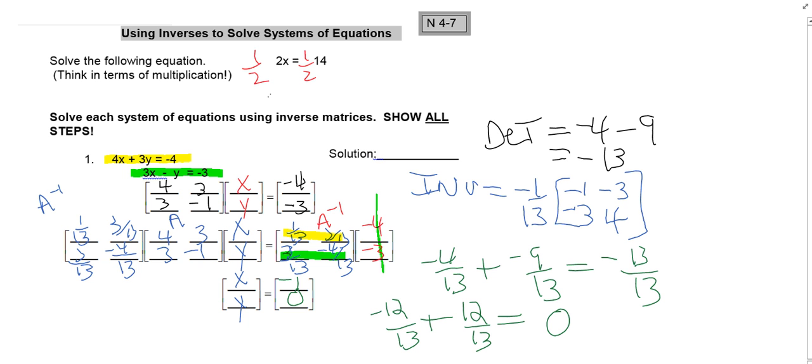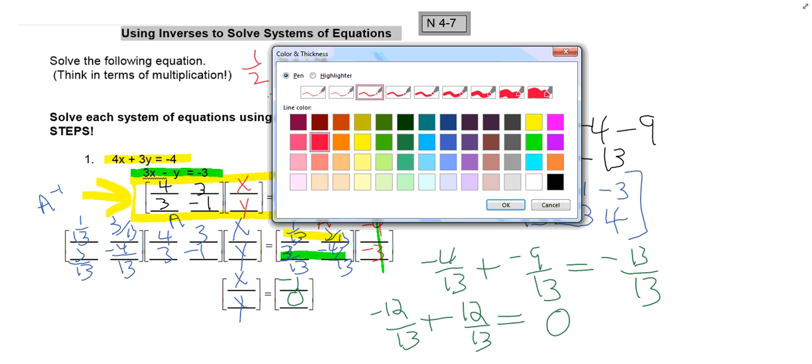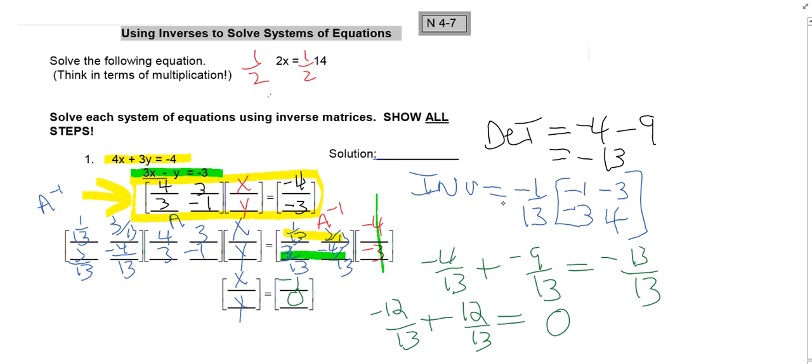Well, let's speed this up a little bit. Let me highlight what we really have done here. To solve this equation, as long as you have it set up like this here, really what you're doing is to solve for x and y. Let me write it in a color we haven't used yet. I'll just do it in green. So what we're doing to solve for x, y,